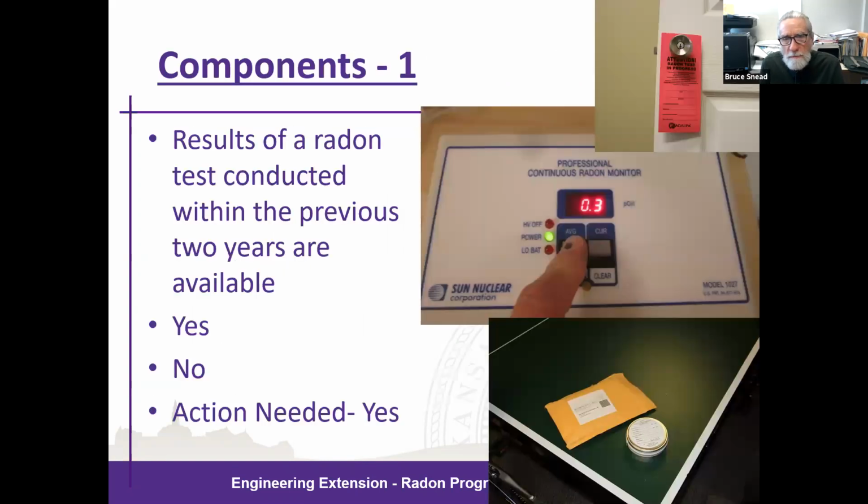So here we go. Up the left-hand side is the title of the item being inspected, and on the right-hand side are some pictures of what may be either features or good examples or bad examples of what we're talking about on each slide. On the left-hand side is the question posed by the inspection checklist. The first one is, is there a radon test available within the previous 2 years? You'll see some pictures of test kits there, as well as a door hanger for a home that's under a radon test in progress.